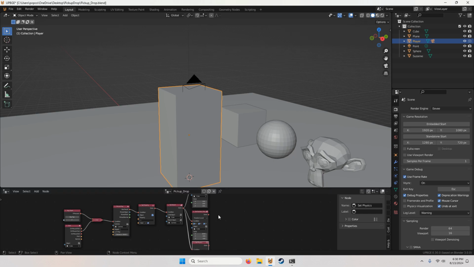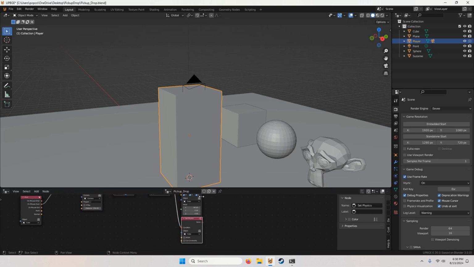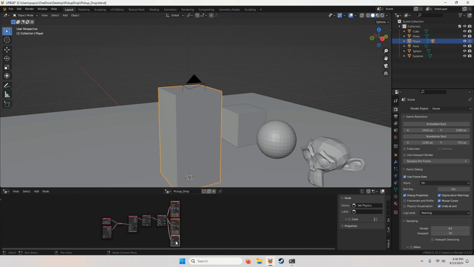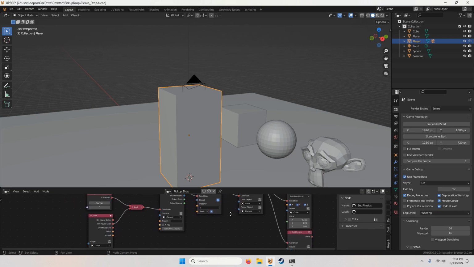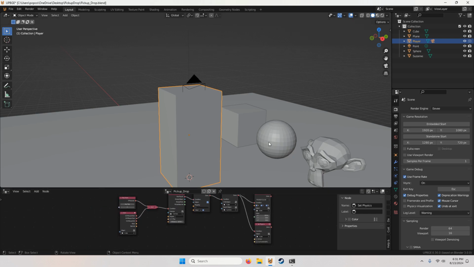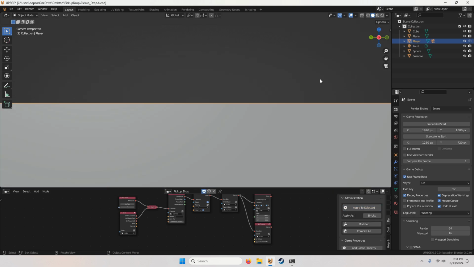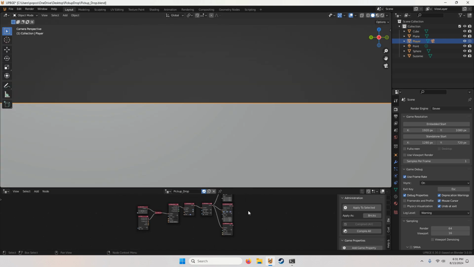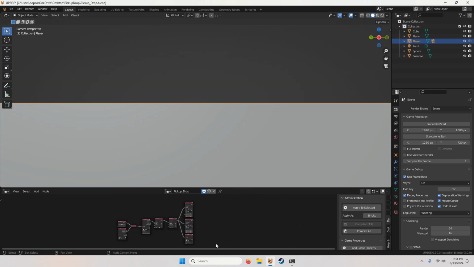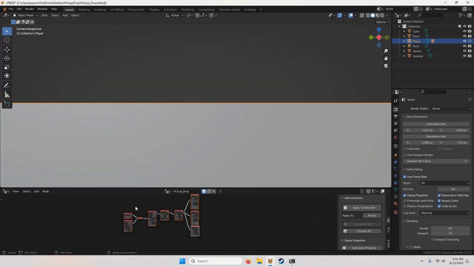But once we drop the item, we will have this as active. Okay, let me apply this and test. And it works.